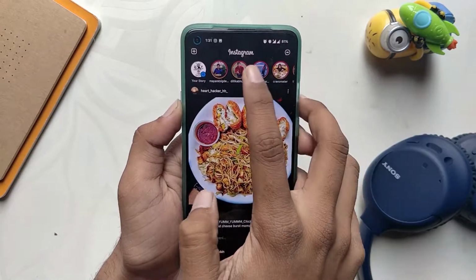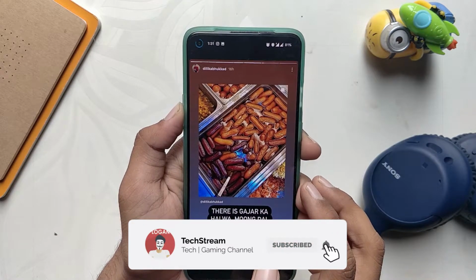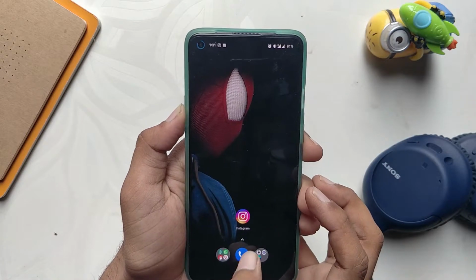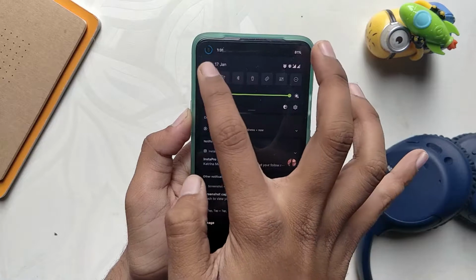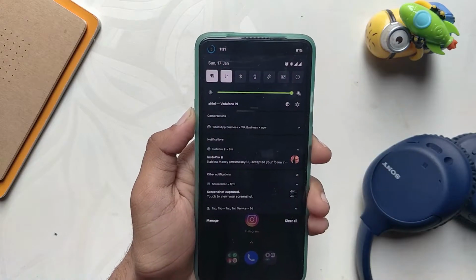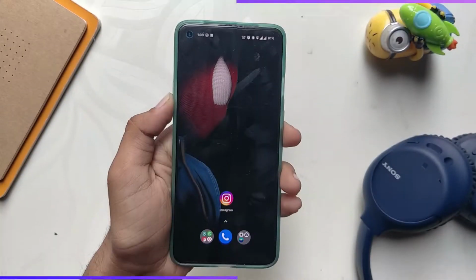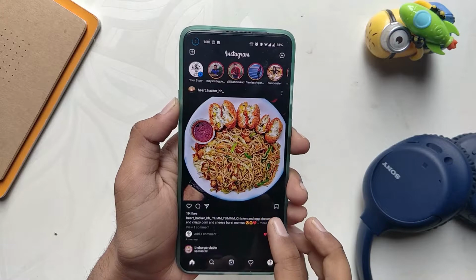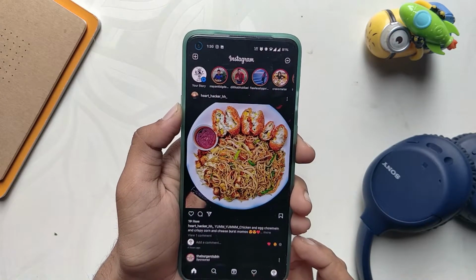Now see the story you wanted to see, and last step will be to exit from Instagram and clear Instagram from the recent apps. Mind this that clearing Instagram from recent apps is very important or else this trick will not work. And now just turn your Wi-Fi and mobile data on. That's it, you have seen somebody's story and they'll not know about it and you'll not be counted in their view list.